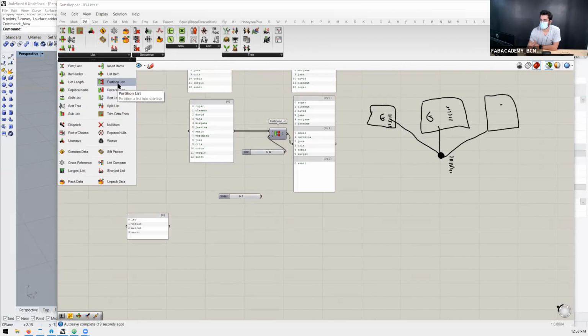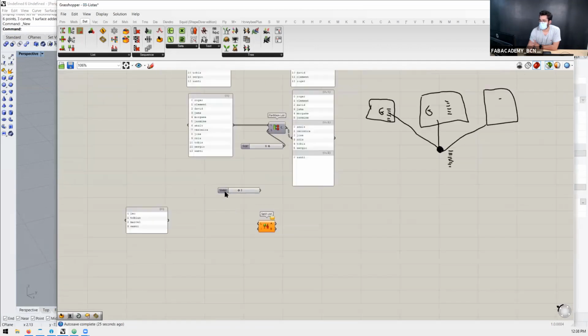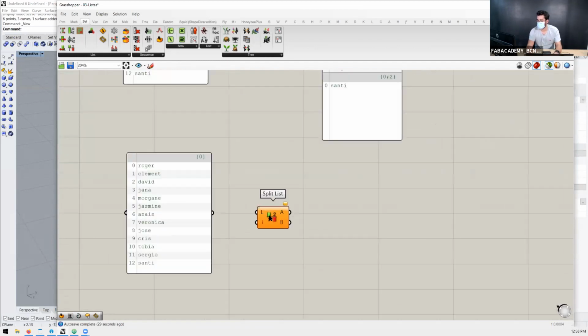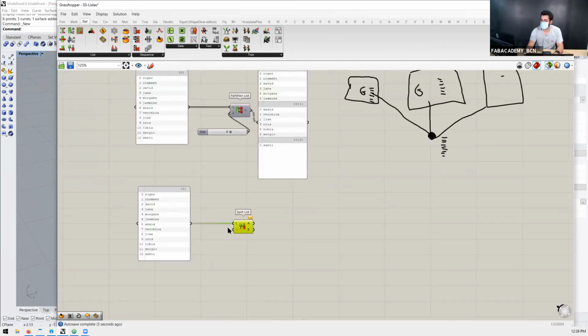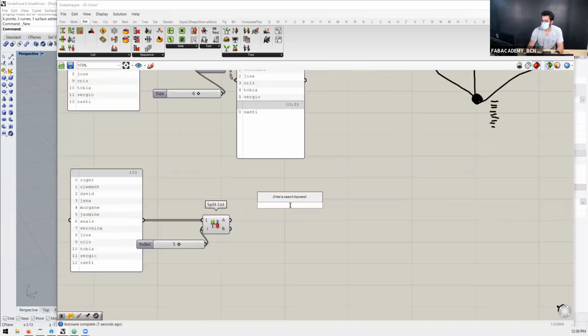we can partition the list. We can right now split lists. For example, split list is similar to partition list, but we are stating where we want to split the list. We don't say how many people there are in each list, like here, but we are saying we want to cut in Jasmine. So we state 5 because we want to cut in Jasmine,